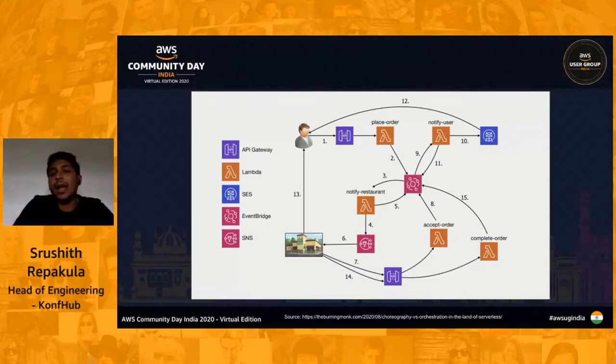It can simply come in, and based on the events that are happening, it can execute and go away, right? That is what happens with this kind of architecture, where you have individual pieces that are very much decoupled, and there's very good scope for reusability. For example, notify user is not just for when an order is placed, but let's say I have a promotional offer. All those kinds of things can also be done by the same Lambda function, and can be triggered.